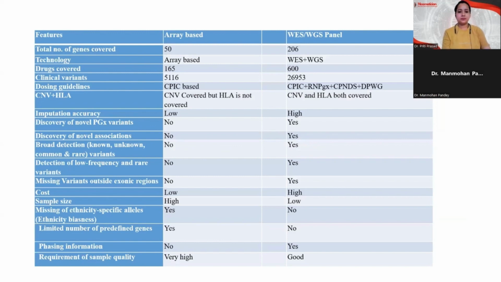Now these are the different features. For pharmacogenomics variant analysis we can have different methods. We have the Sanger method, we have the array based method. Since the Sanger based method is not widely used, because it is